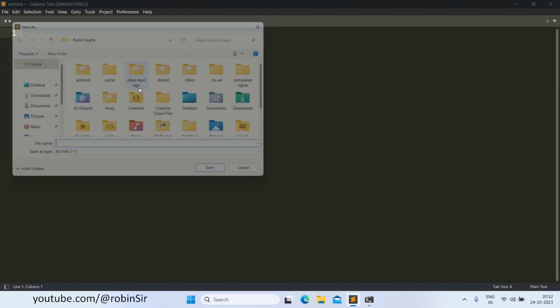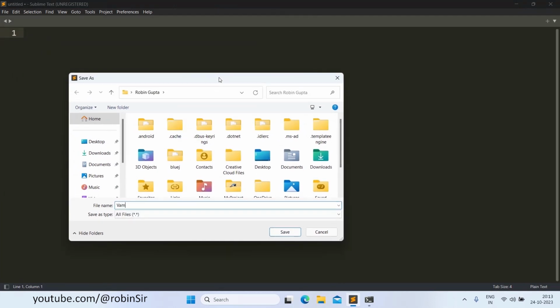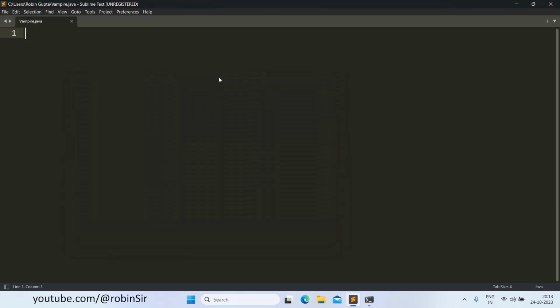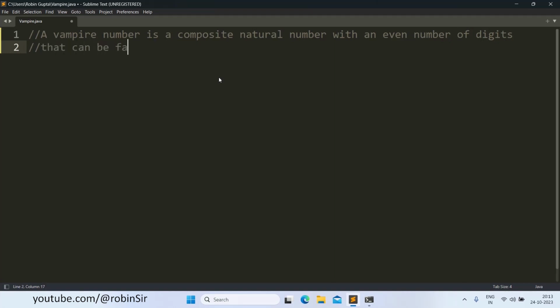in my home folder and I'll name it vampire.java. And I will write down the definition as a comment. A vampire number is a composite natural number with an even number of digits that can be factored into two natural numbers, each with half as many digits as the original number and not both